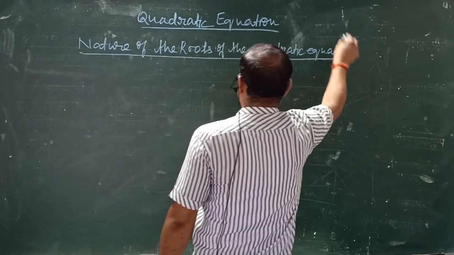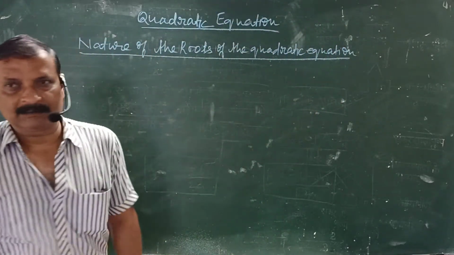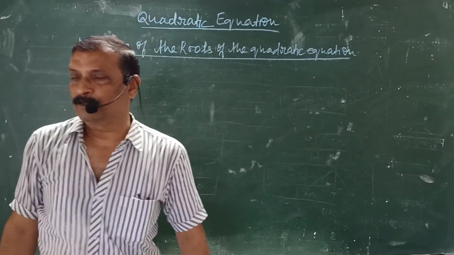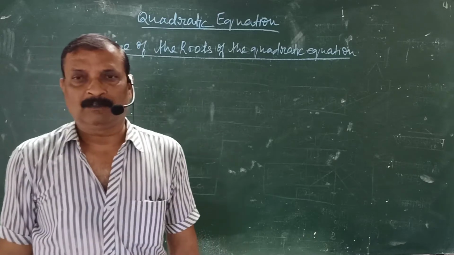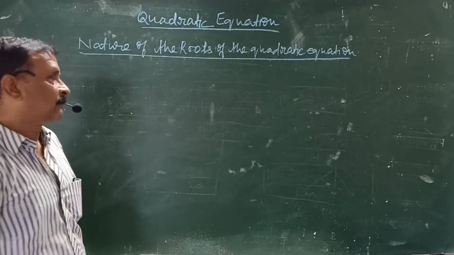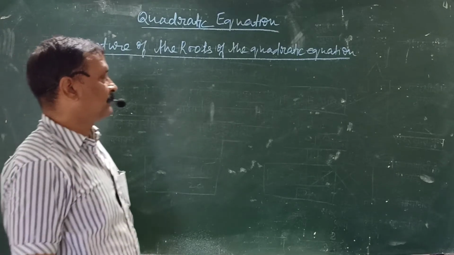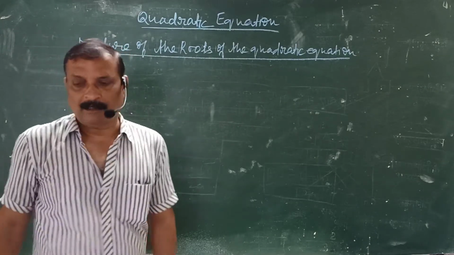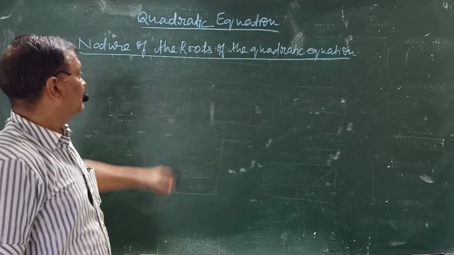Nature of the roots of the quadratic equation. Now we will discuss the nature of the roots of the quadratic equation. There are two roots of the quadratic equation, alpha and beta, and D is the discriminant of the quadratic equation. Then the first,